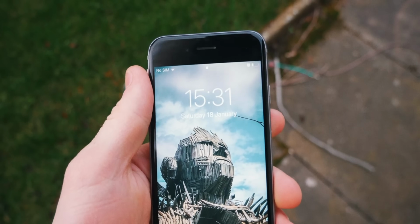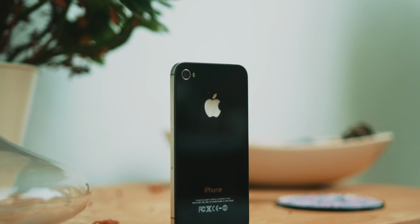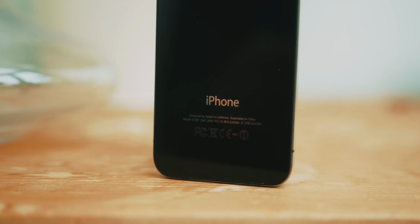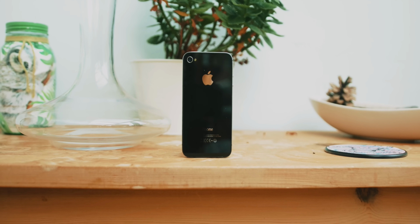However, recently, I've really wanted a challenge. I've wanted to go back significantly further and try to use my dream phone at the age of 11, the iPhone 4S. Now, what sets this iPhone apart from the iPhones that I've done this challenge with previously is that